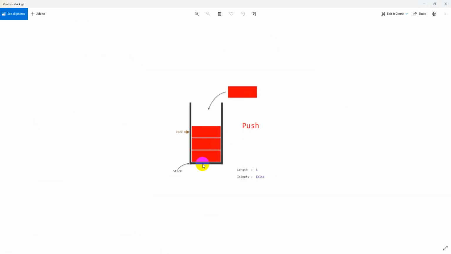So if you observe this, the stack will be like this, where one side is open. That is the diagrammatical representation. The insert operation can be called push, and the delete operation can be called pop. Peek is the current element. Whatever element we are working with, that is what is called peek. Okay, so this is the behavior of the stack.